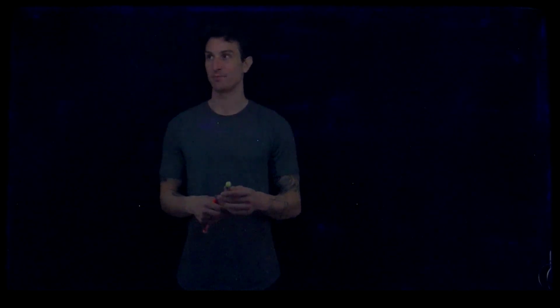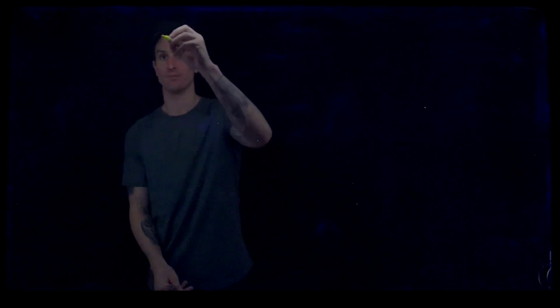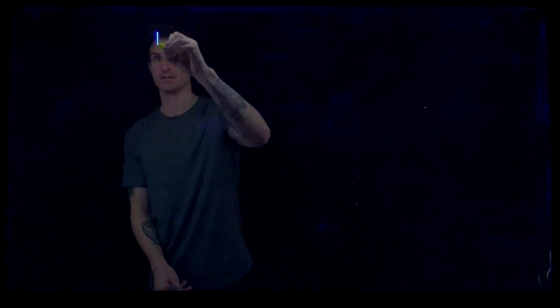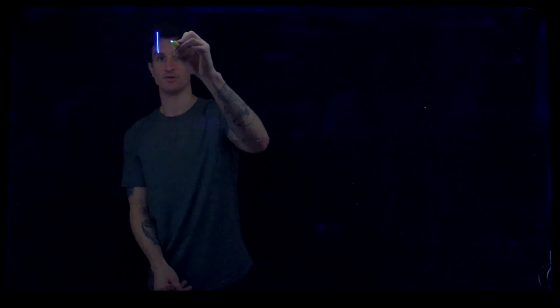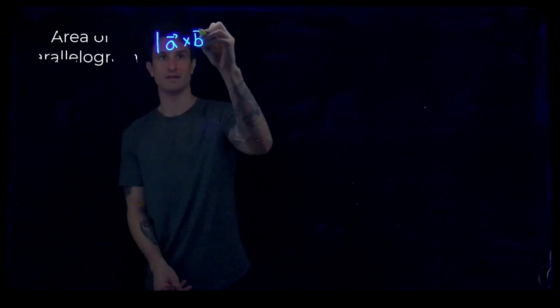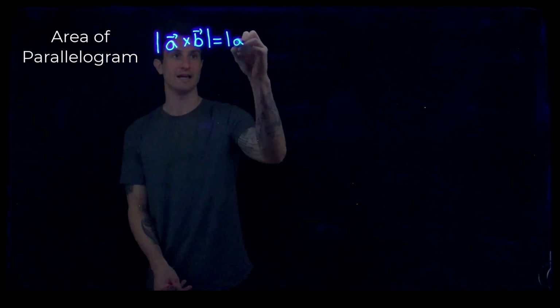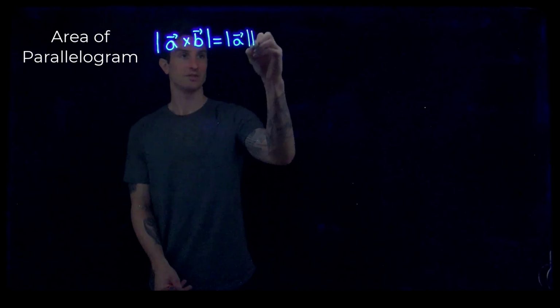All right, welcome back. Let's go ahead. We're going to do another application/example. But first I need to introduce a theorem here. And so we're going to say, let's do the magnitude of A cross B, right? So the cross product of A and B, but we'll take its magnitude, is going to be equal to the magnitude of A times the magnitude of B,